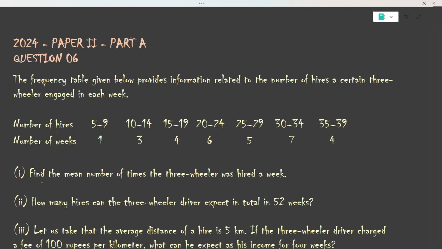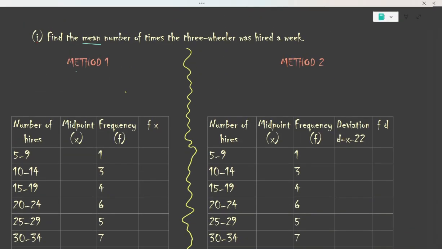Part 1. Find the mean number of times the three-wheeler was hired a week. To find the mean of a given frequency distribution, we can use two main methods. For both methods, we get full marks. Method 1,